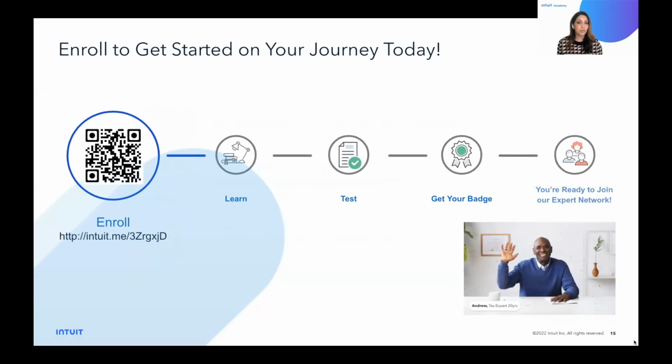All right, so let's talk about the enrollment process. Once you enroll, and you can see on the screen what the path would look like, for Intuit Academy, the next step would be to start your interactive Tax Level 1 or bookkeeping course. Once you're through all the modules from either of the pathways and are ready to take the exam, you can take the test at your own time.